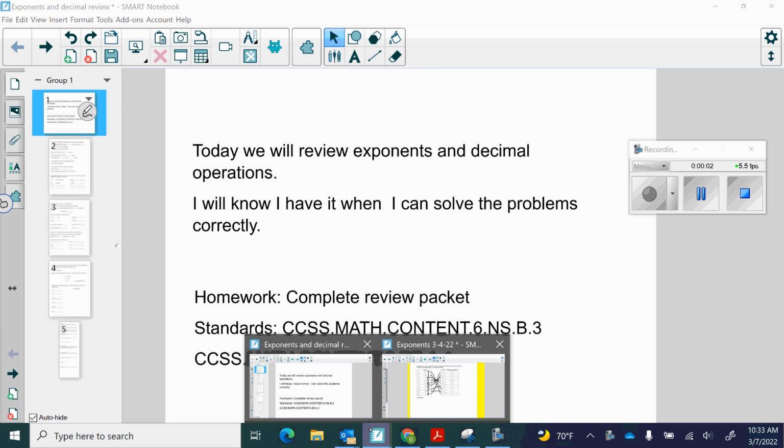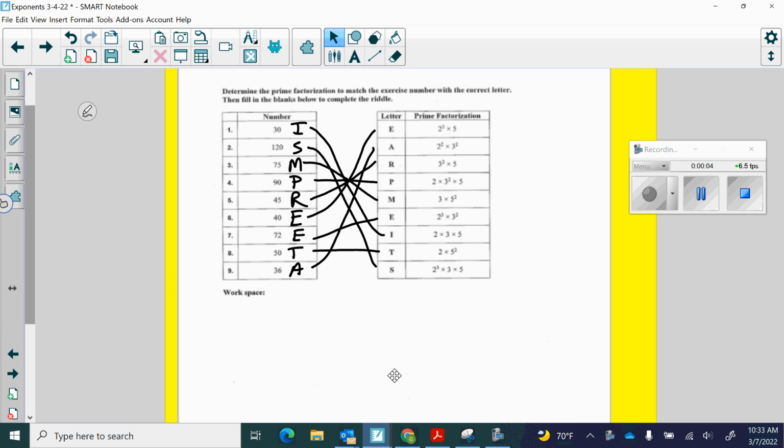We were learning about exponents, and you had the back page of the packet for homework, so please have it out so you can go over your answers. You were supposed to match the answer with the appropriate expression that equaled that answer. So 30 you should have matched with I, 120 with S,